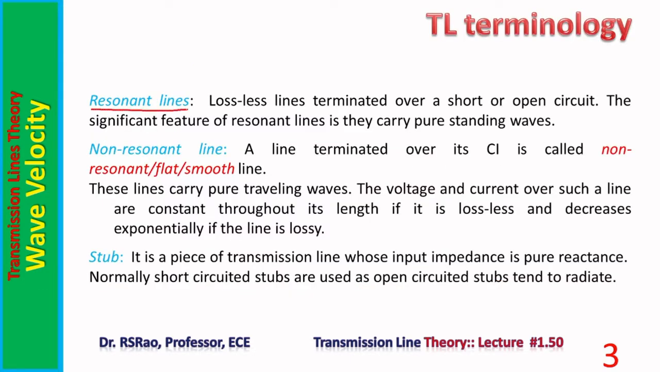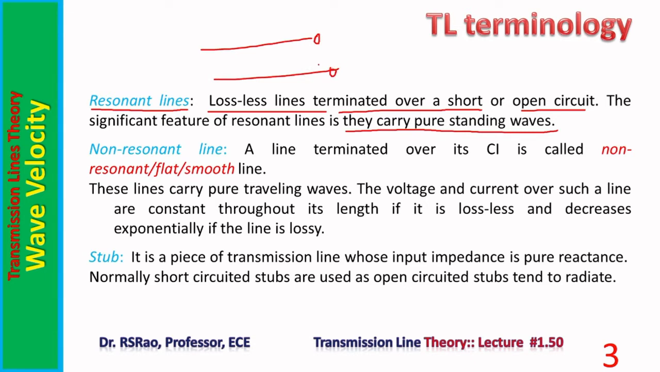Now, resonant line. What is a resonant line? Lossless lines terminated over short or open. These are resonant lines. The significant feature of resonant lines is they carry pure standing waves. What are pure standing waves? Let us suppose here is a line and it is open or short. It doesn't matter, the termination can be even pure reactance. Let us suppose a wave is launched over the line. This wave travels,